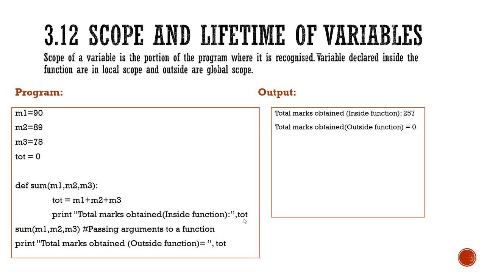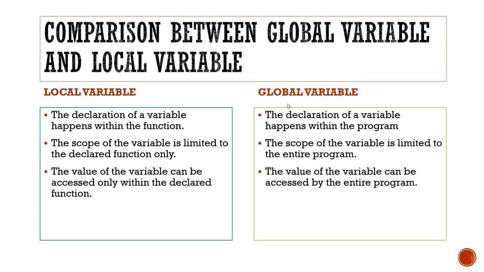So this statement, print total marks obtained, is printed inside the function as the total value. After execution of this statement, the first line is being printed: total marks obtained inside the function equal to 257. Okay, so this is a function calling. Afterwards, print total marks obtained outside the function. There is no statement for calculating the total for M1, M2, M3 here. This total has been calculated within this function. So the scope is limited only up to this function. Hence the total marks obtained outside the function is printed as 0.